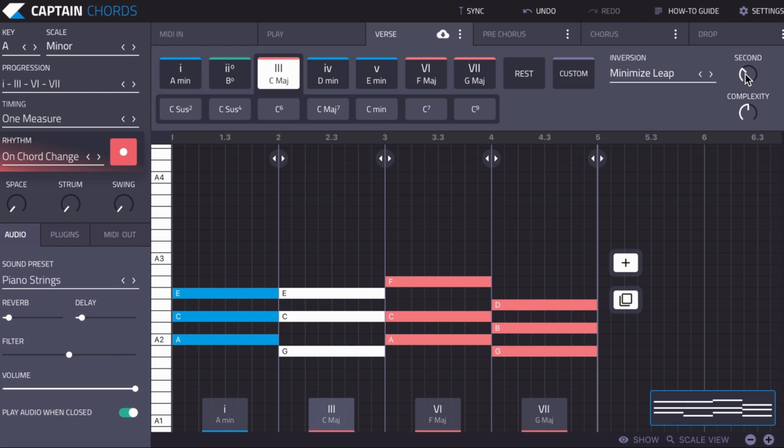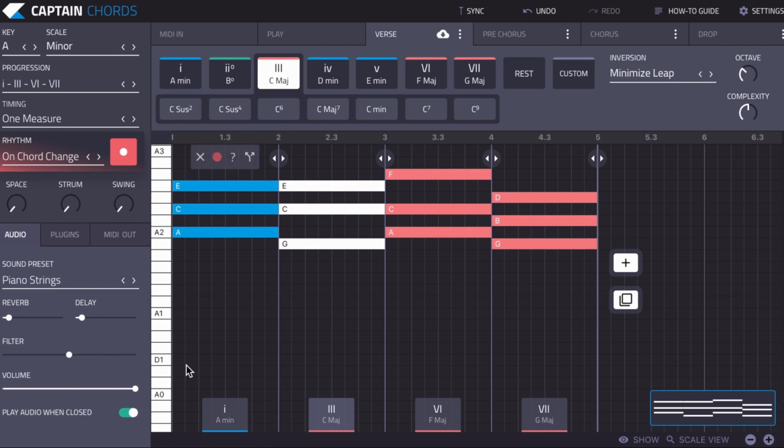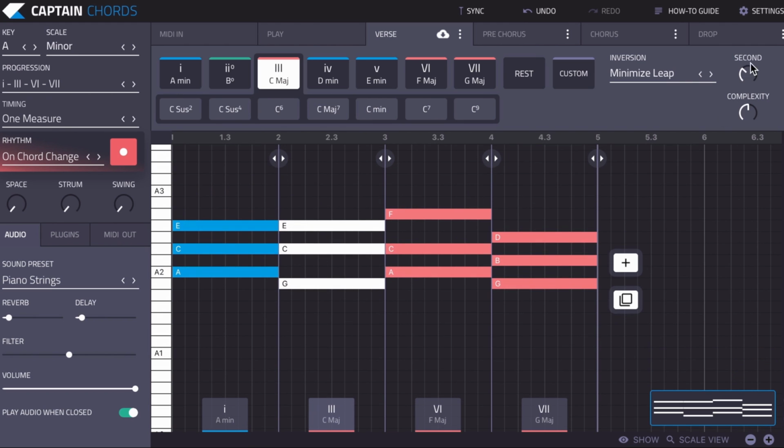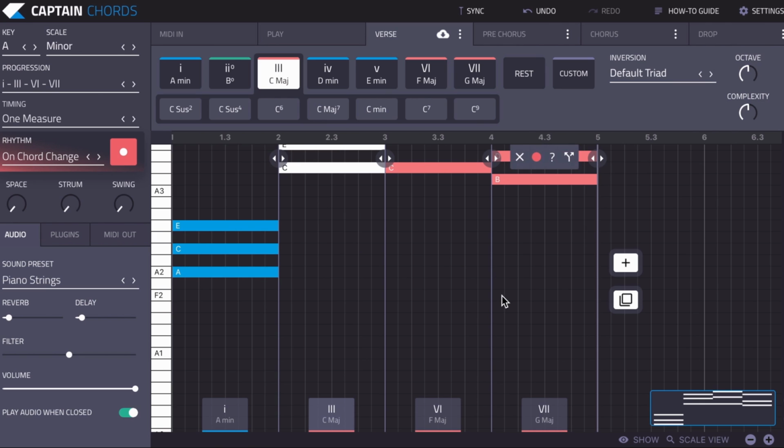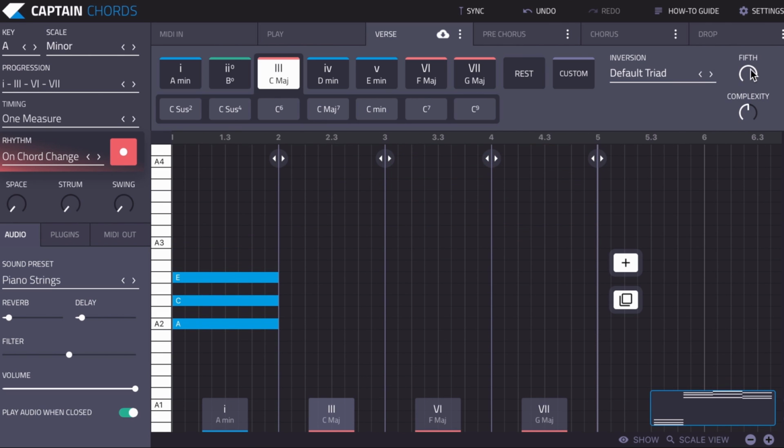So then we have octave and complexity. Octave just essentially moves the chord up an octave. On a keyboard, you have the lower register down here with the lower notes, and then going up high to the high notes. From A1 to A2 is an octave. So it's an octave up, and if you were to go the other way, you've got an octave down. By moving this up, we can then play the chord progression at a higher octave, like so.